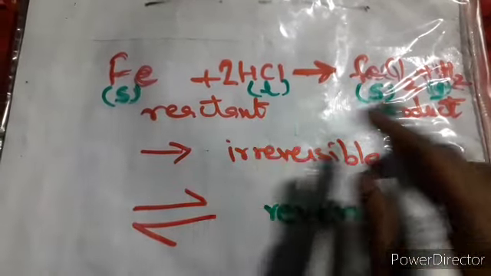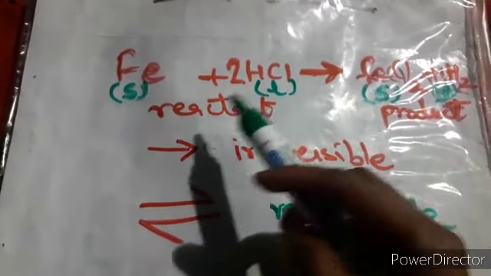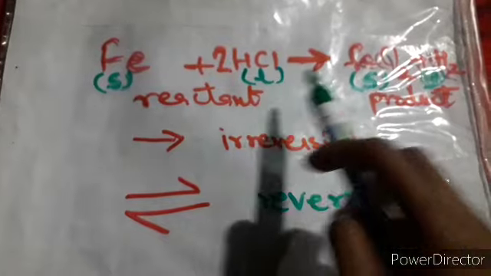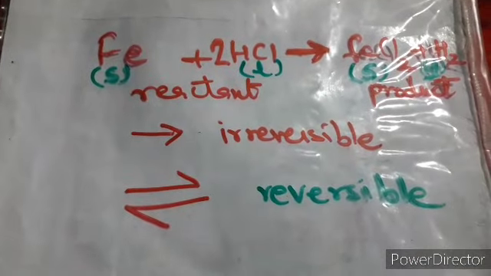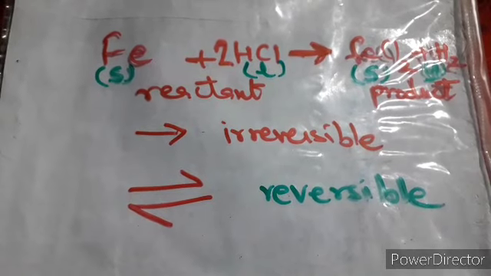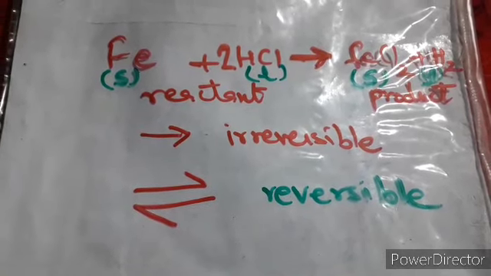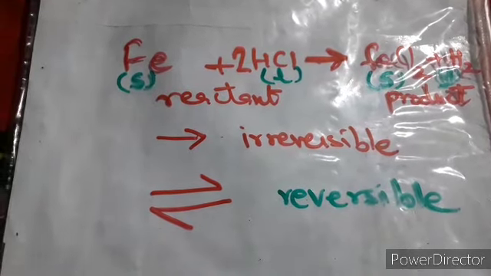So this way, by looking at the particular equation, you can see the state of matter for the substances, whether they are present in the reactant or in the product. So I think this much is clear to you all, what information this particular chemical equation gives us. Now we'll focus on the limitations also. Now we'll see what the limitations are.